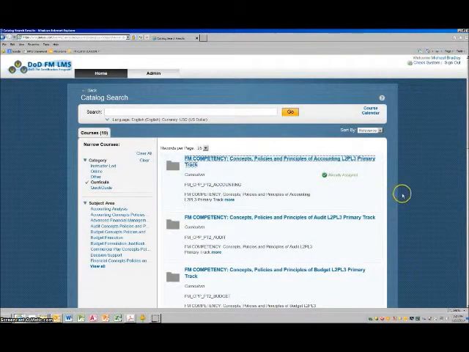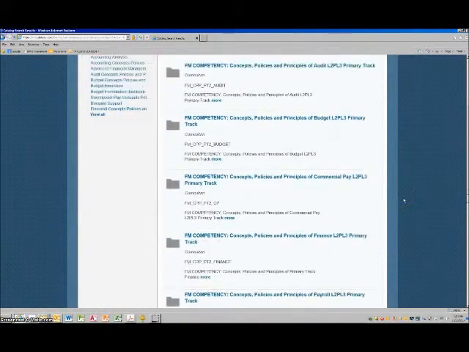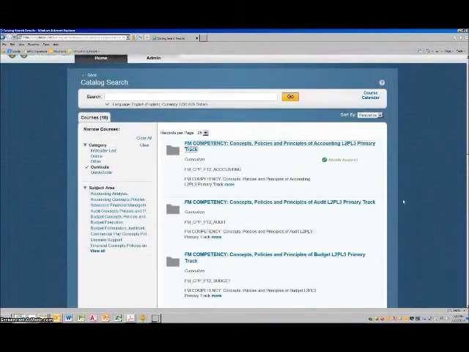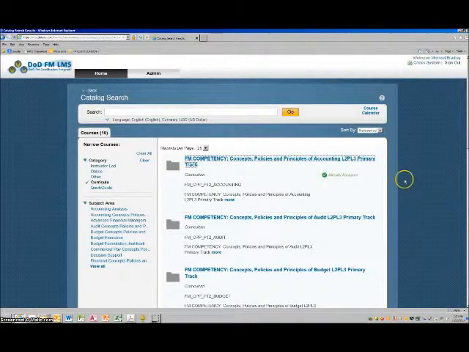This will show all primary tracks that are available. I am a level 2, so you see level 2 classes here, but you should see the level that is pertinent to your profile. If your primary job is accounting, then you probably will be picking the concepts, principles, and policies of accounting